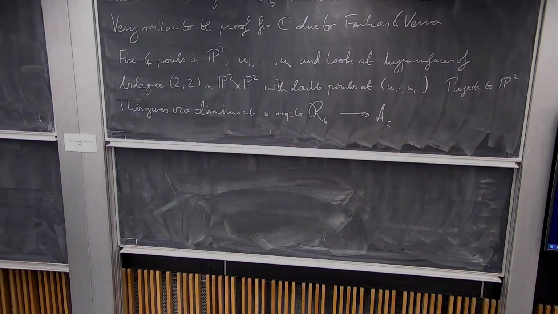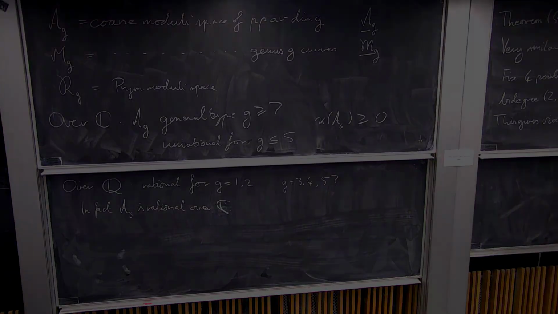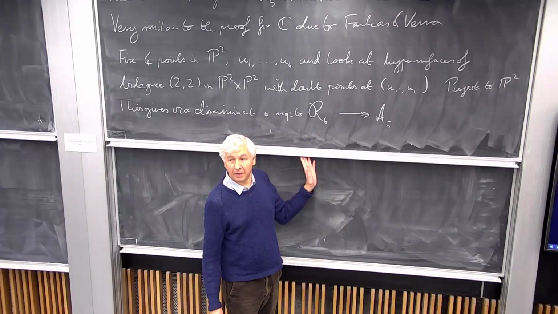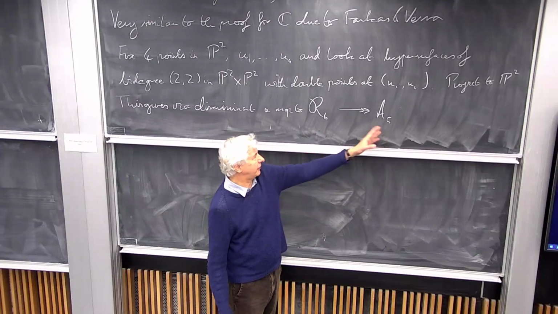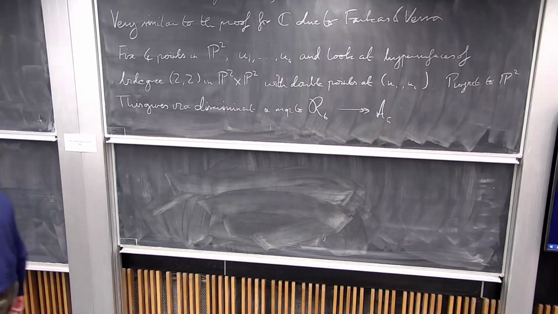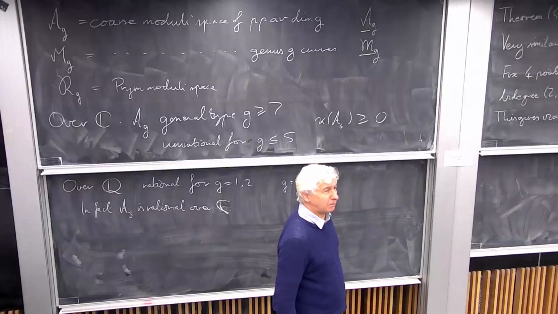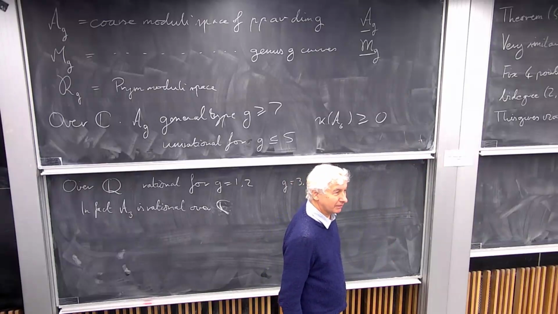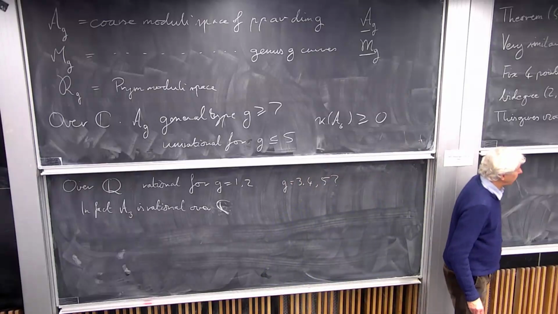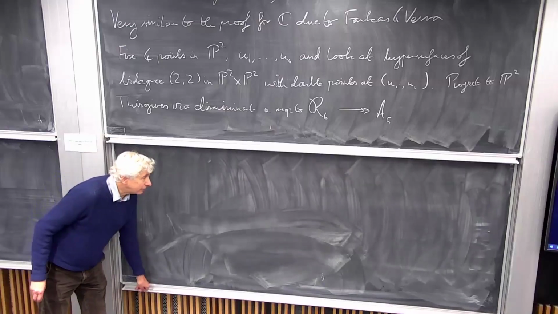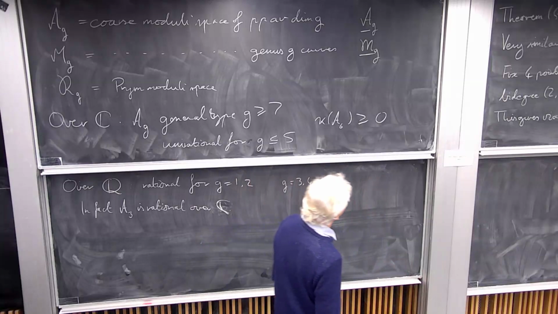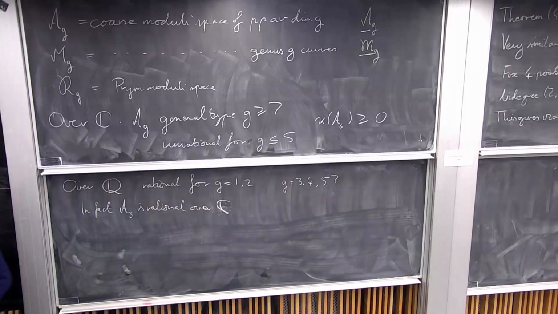There are several other proofs of this unirationality of A5, but they all seem to go via the Prym by some means or other. I don't know any proof of unirationality of A5 that does not also prove unirationality of R6. Anyway, this argument basically straightforwardly works over the rationals. We didn't really have to do any work at that point. Some of the others probably also work over the rationals. It's just a little bit more difficult to check that they really do the way that they've been written. So that's the case of g equals 5.